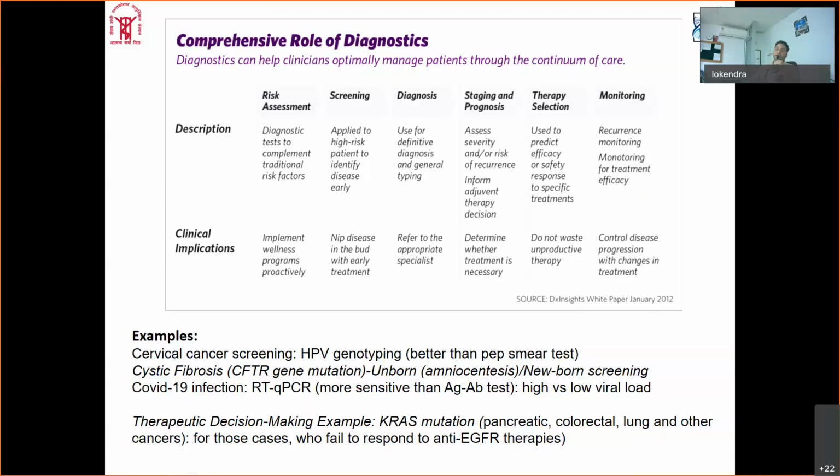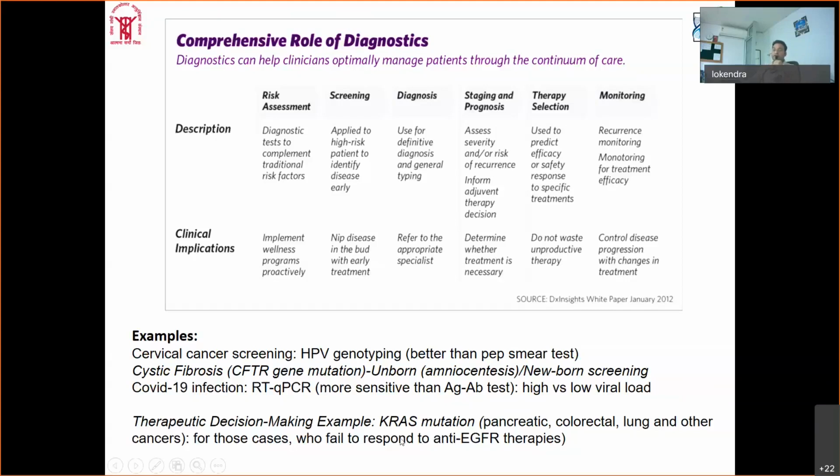For example, in the case of pancreatic cancer, colon cancer, or lung cancer, there are specific therapies targeted to EGFR receptors, because in metastatic cases the EGFR receptor is upregulated. So there are anti-EGFR therapies available for those. But in certain cases during the metastatic condition, if KRAS mutations occur, these anti-EGFR therapies don't work. So in those cases, alternative therapies have to be decided. So that helps again to decide what kind of therapy.